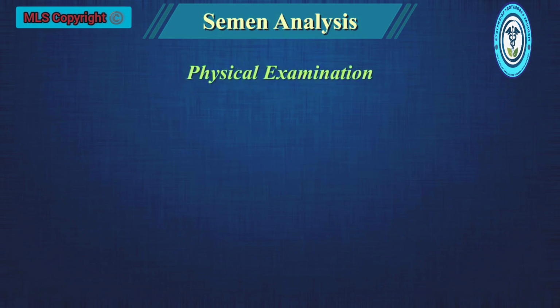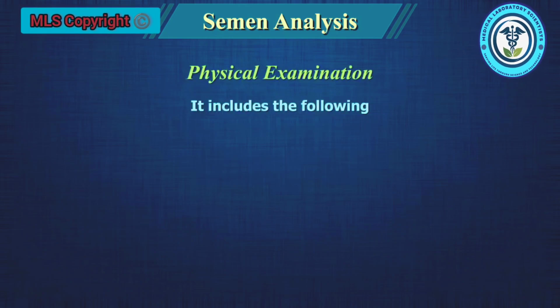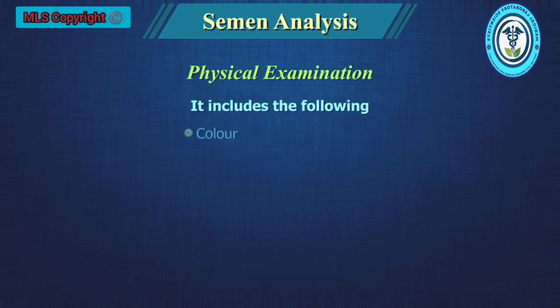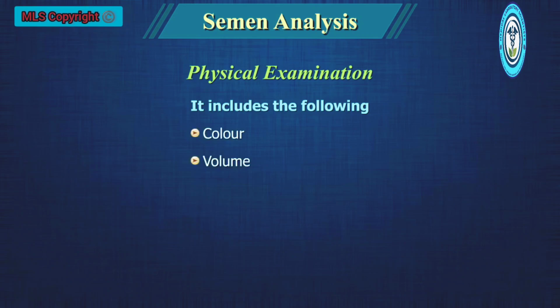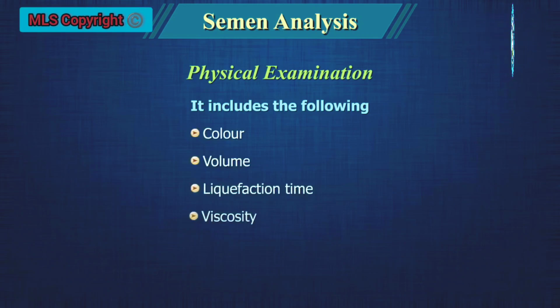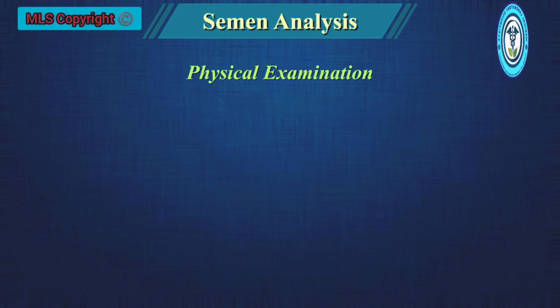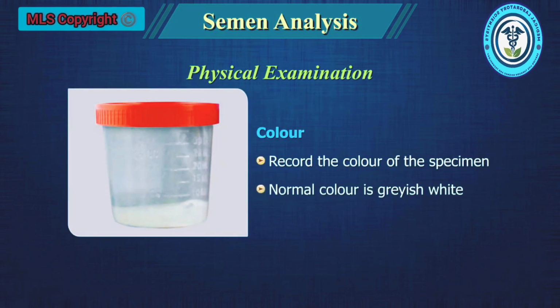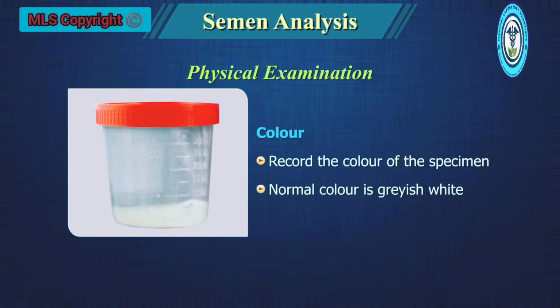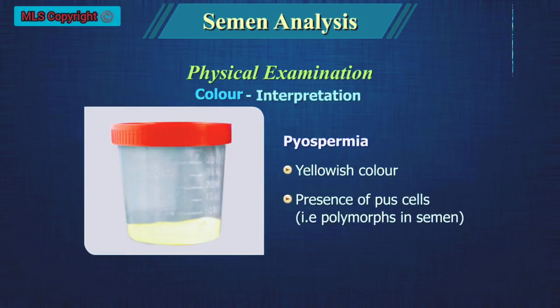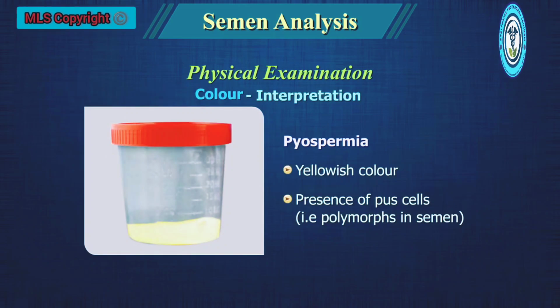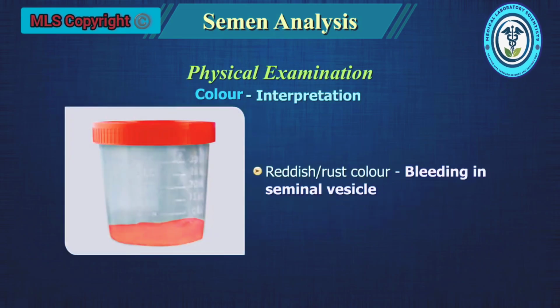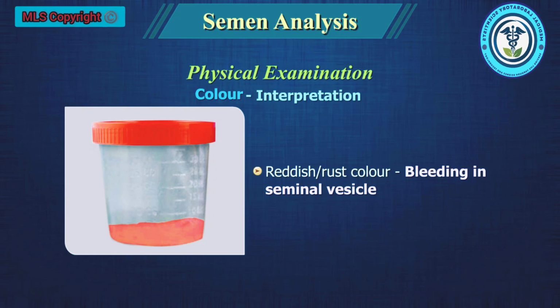Physical examination of semen. The physical examination includes color, volume, liquefaction time, viscosity. Color. Record the color of the specimen. Normal color is grayish-white. A yellowish color may indicate pyospermia, and reddish or rust color may indicate bleeding in the